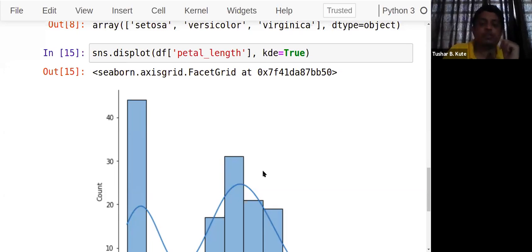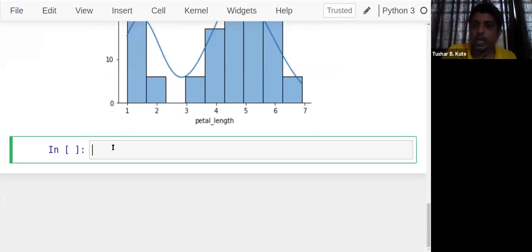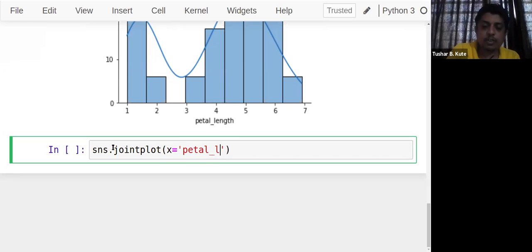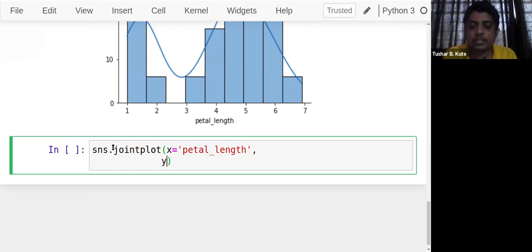Now let's see the joint plot and check out the output. sns.jointplot. Two parameters we have to pass here: one parameter on the x-axis, one parameter on the y-axis. So on the x-axis, let's say petal length. On the y-axis, let's say petal width.